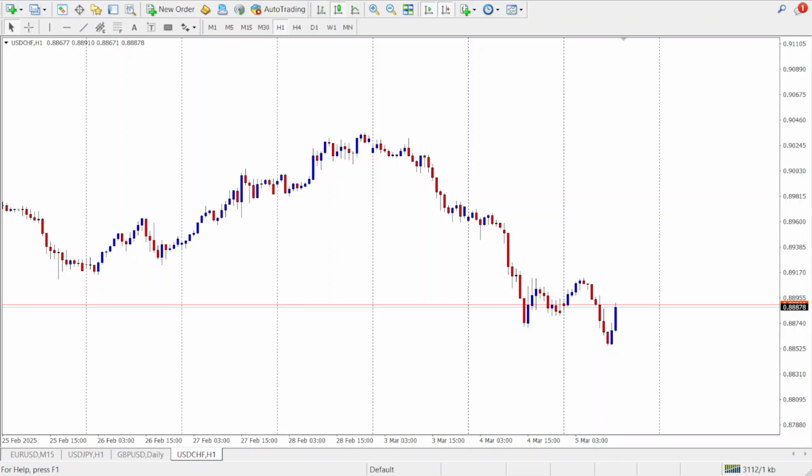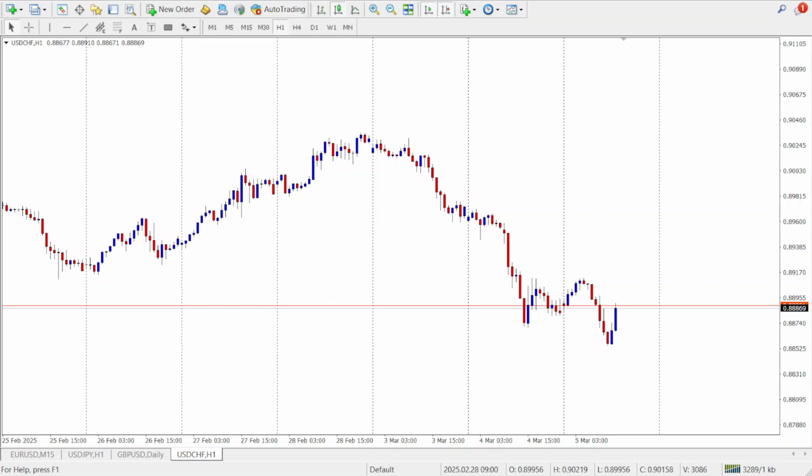All right. In this video, we are diving into how to customize your MT4 charts by changing candlestick colors and background colors. A well-optimized chart is essential for better visibility, reduced eye strain, and improved price action analysis. So if you've ever struggled with MT4's default colors, or you just want a cleaner, more professional look for your trading setup, then this video will show you exactly how to do it